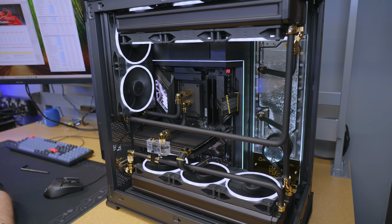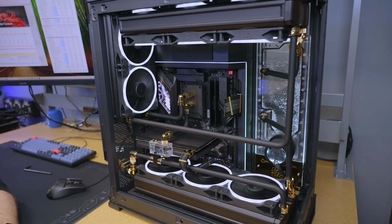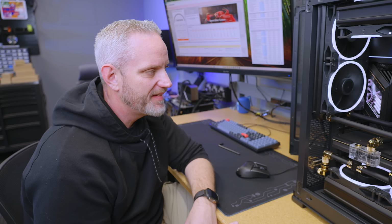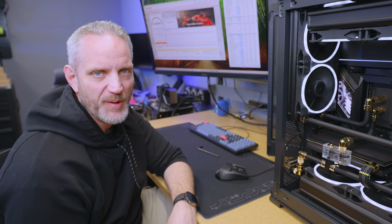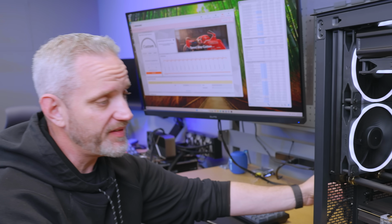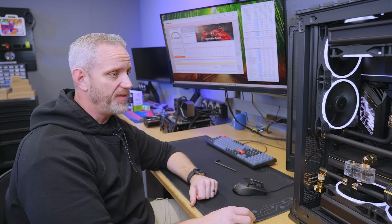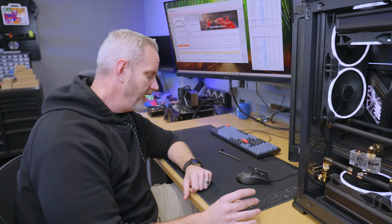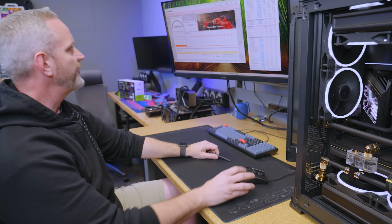I mean, it's a pretty sick build. I kind of want to keep it. The more I look at it, I'm like, oh, it's like the gold version of Nebula, but very classy looking and feeling. Let's talk about temperatures, because obviously, with all this radiator space in this big old giant case, if the temperatures aren't amazing, then what does it matter? So I can tell you right now,